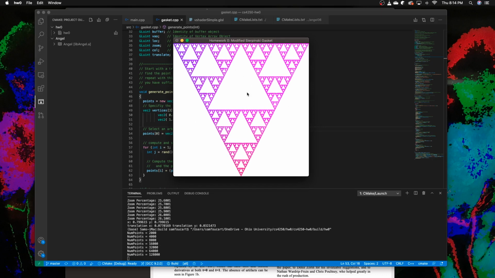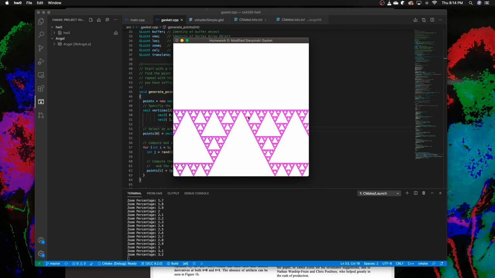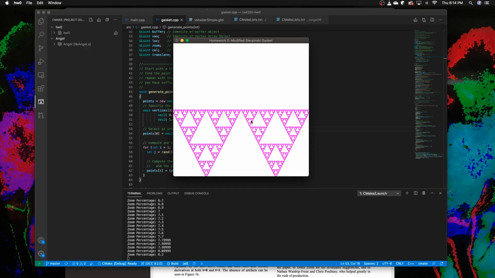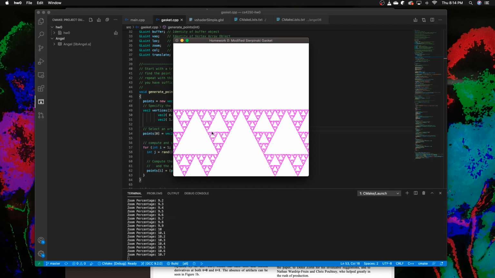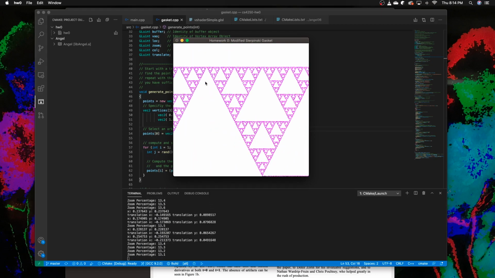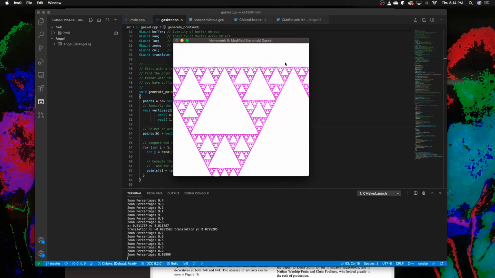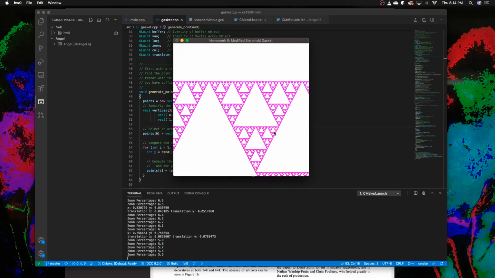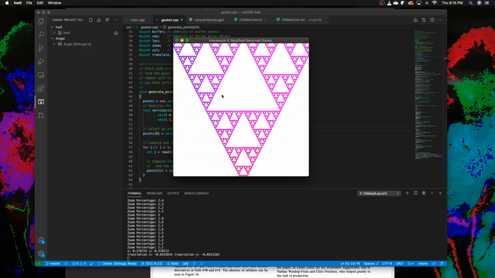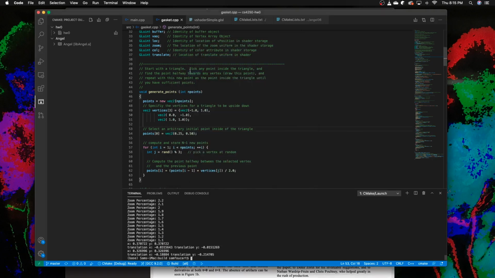And I also implemented zooming so that you can zoom into the recursive structure and see it get more detailed. I also implemented panning around the structure. So to do this,